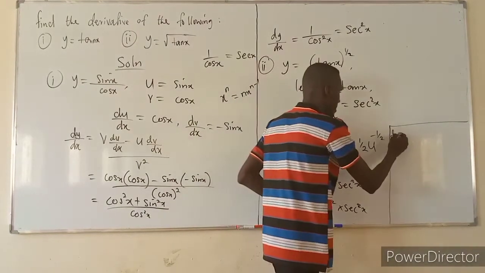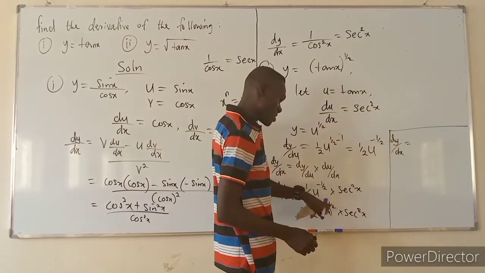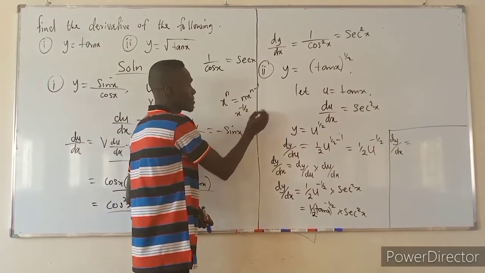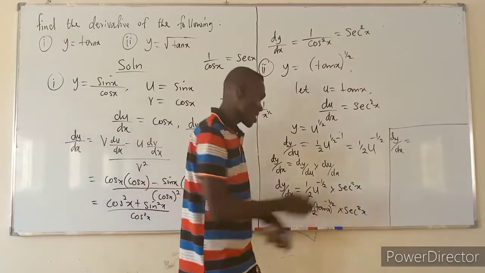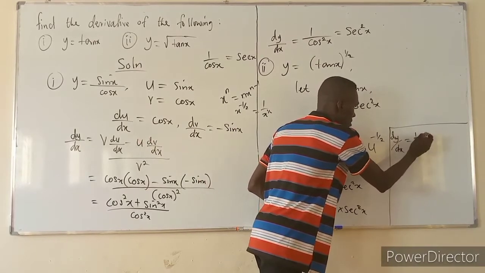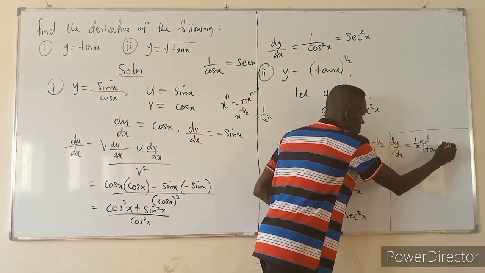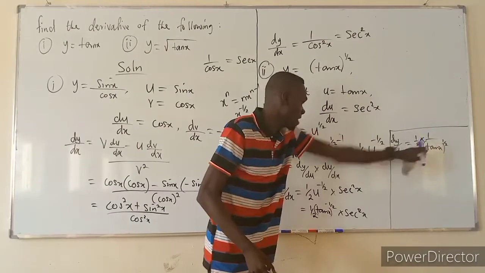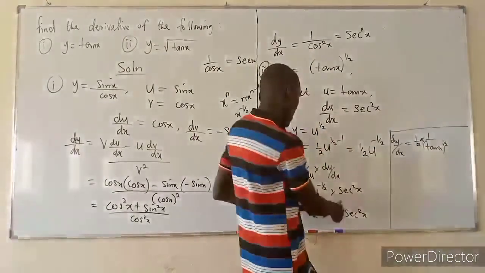Now our dy dx is equals half. When I have x raised to power minus 1 over 2, same thing as saying 1 over x raised to power 1 over 2, positive. So I'll be doing the same thing for this one. I can say 1 over 2 times 1 over tan x raised to power 1 over 2. I just brought this down. So 1 over 2 times 1 over, because it's negative, you can see that I have positive now. Then I'm having times